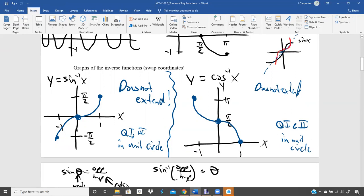So inverse cosine is only valid in quadrants 1 and 2. Now, when you're dealing with the positives, the cool thing is it won't matter whether it's an inverse sine or inverse cosine. You'll get lucky because for both of them, any positives go to quadrant 1, but the negatives for inverse sine go to quadrant 4, not 3, where it would also be valid the other way, the simpler way. Inverse cosine is positive in quadrant 1